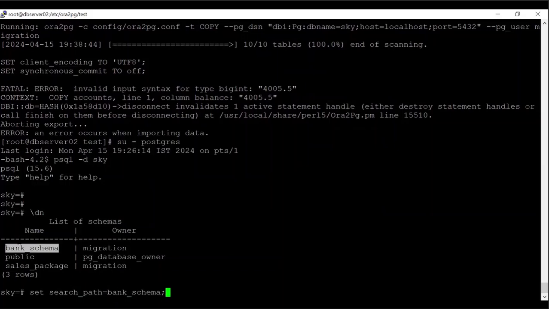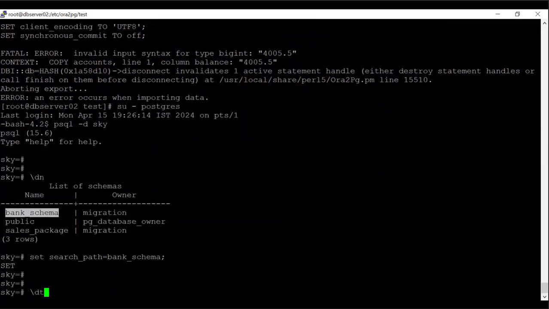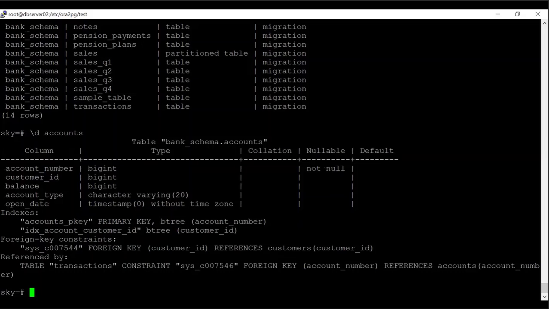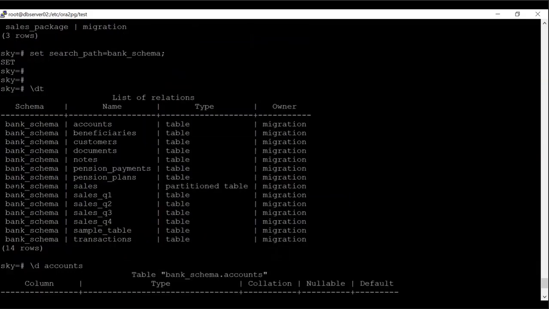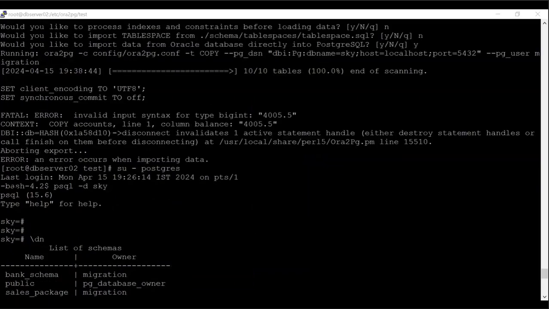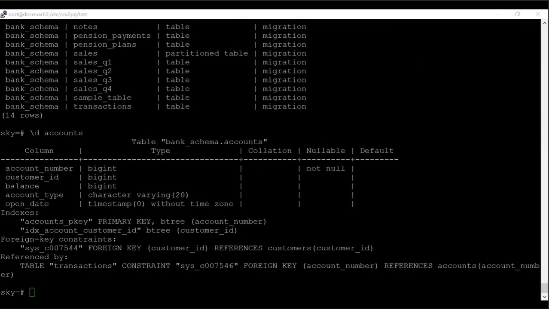So bank_schema, right? Here you have tables. This is the account table where you are getting the issue. You can just see what data types it has. For balance, you have bigint. The values in Oracle for this column have precision values. So what I will try to do is change the data type from bigint to double